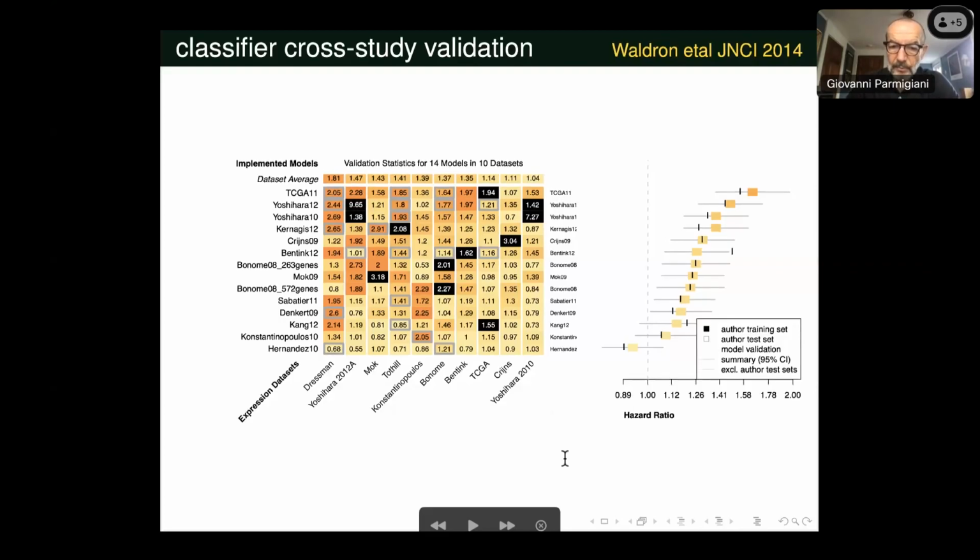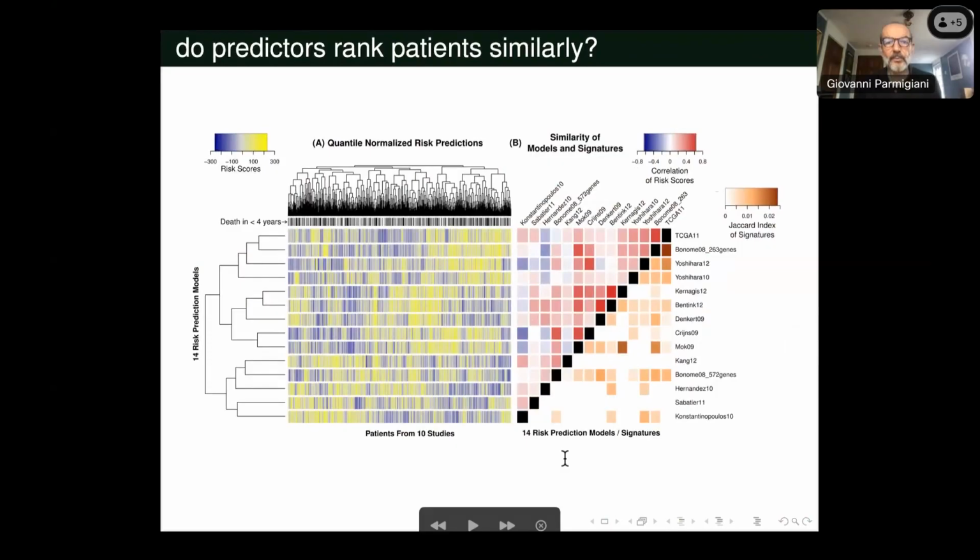The next comment I want to make about this project is about whether or not these predictors rank patients similarly. What I'm showing you on the left is a matrix where the 14 rows are the predictors, and the columns are each individual patient in the merged data set comprising every study that we analyzed. You can see that there is some correlation, but it is not very strong, which always suggested to me that there were opportunities for some serious ensembling, but standard ensembling strategies didn't work for quite a while, and it took us about 4 or 5 years to figure out something that would give us a fair amount